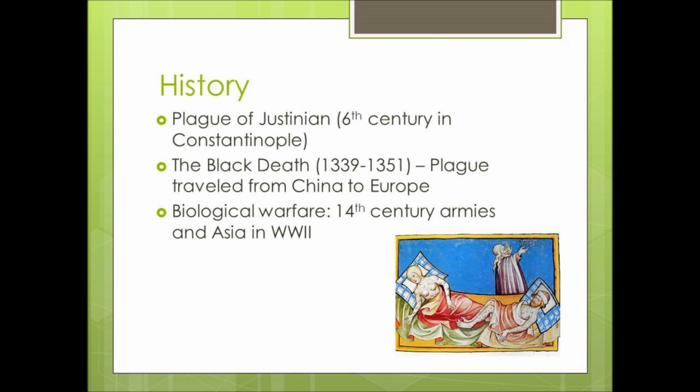Now I will be talking about the history of the bubonic plague. The plague of Justinian in the 6th and 7th century is the first known attack on record and marks the first firmly recorded pattern of the bubonic plague. As much as 40% of the population of Constantinople died from the plague, and half of Europe's population died as a result of the plague before its disappearance in the 1700s.